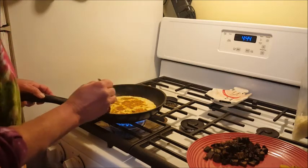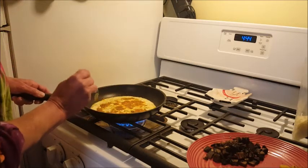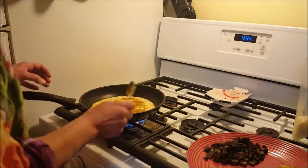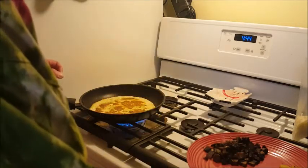It's almost going to be like it's burnt. So don't be afraid of it if it gets a little extra brown. It's already starting to get a little bit brown. We're just going to let it go for about another minute, and then I'm going to start adding my toppings